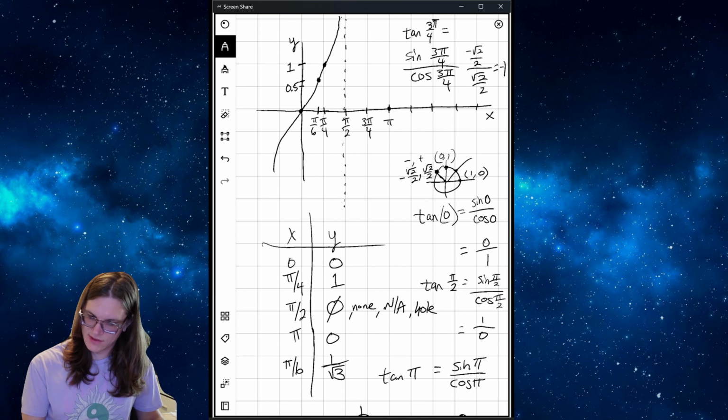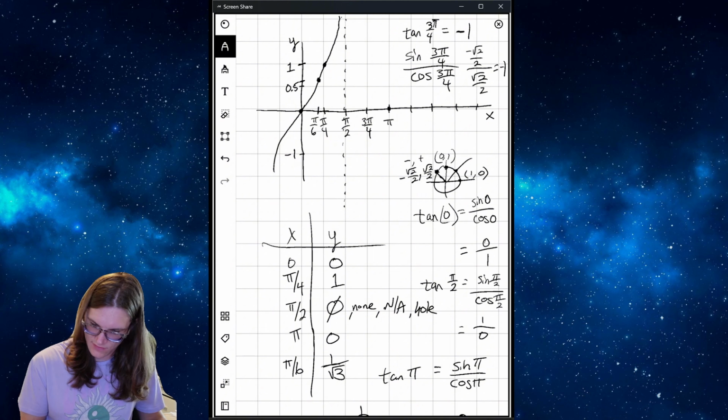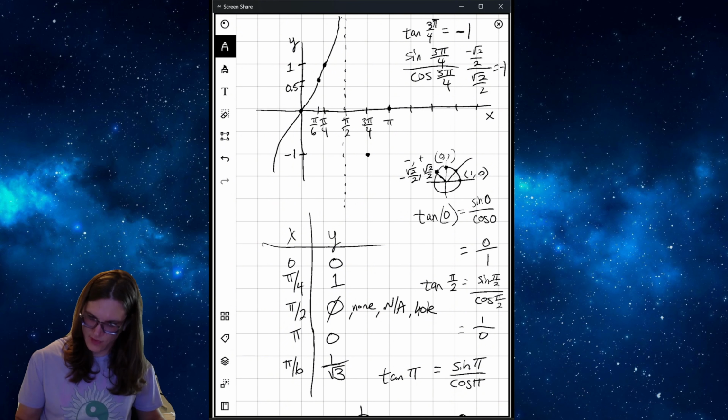Okay, that helps us. So if the y value that comes out when you put 3 pi over 4 in as the x value is negative 1, that means we put a point right there, oops, not at pi, right there,